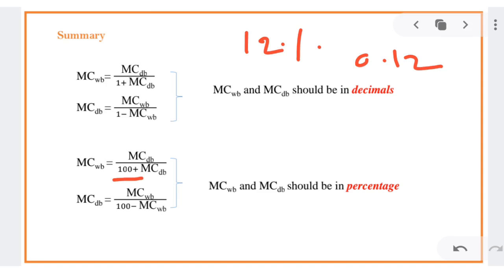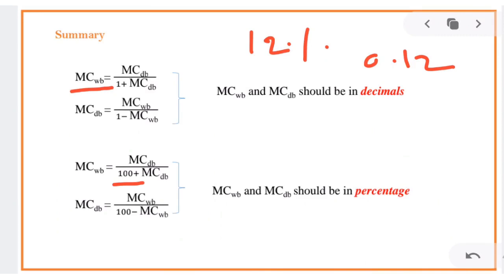And we know that moisture content on dry basis is always greater than on wet basis, because in the formula for moisture content on dry basis, the denominator is only the dry solids, but in wet basis it is the weight of the sample. So the moisture content on dry basis is always greater than wet basis. Keeping that in mind, if you are converting moisture content from dry basis to wet basis, the moisture content on wet basis will be less than the dry basis.